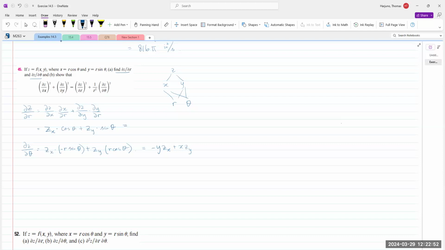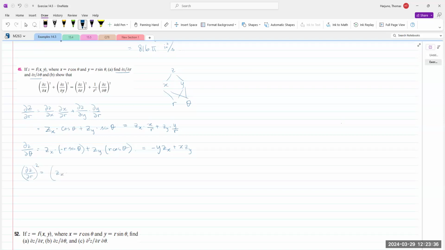z sub x times x over r plus the c sub y times y over r. Not that I think it helps. But then let's see. So dou c dou r squared is equal to